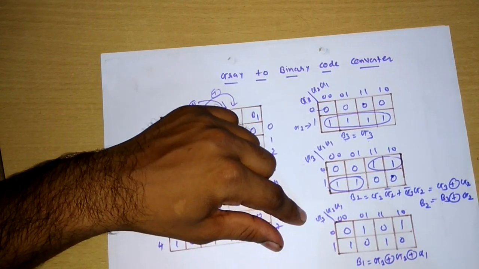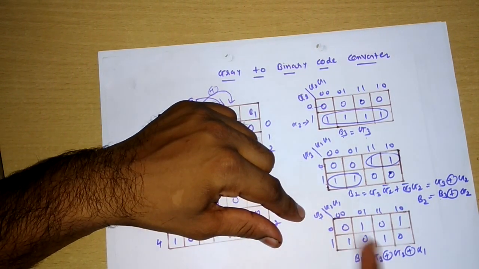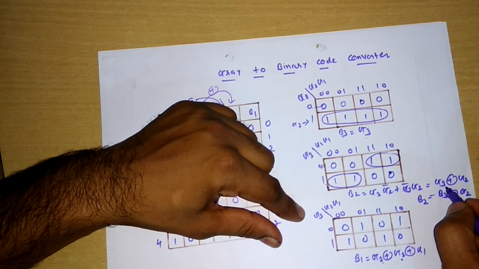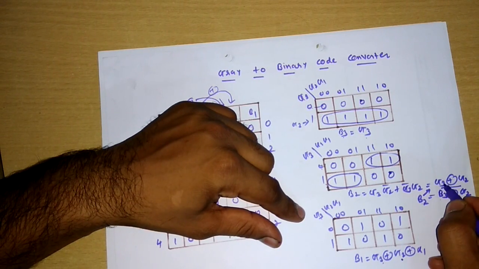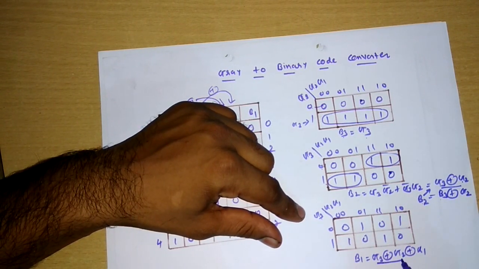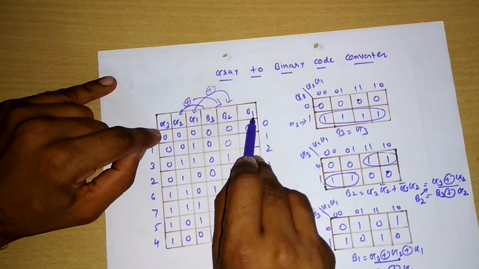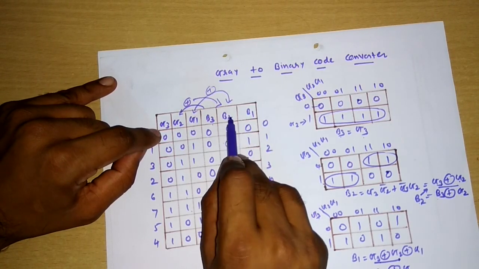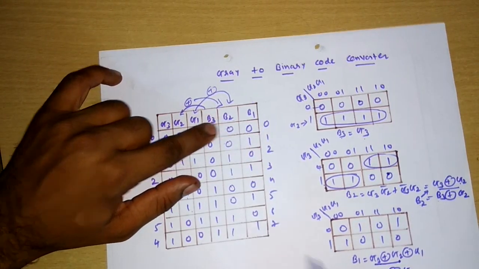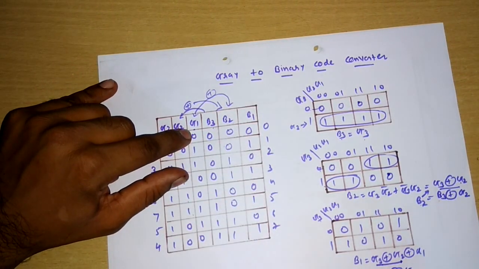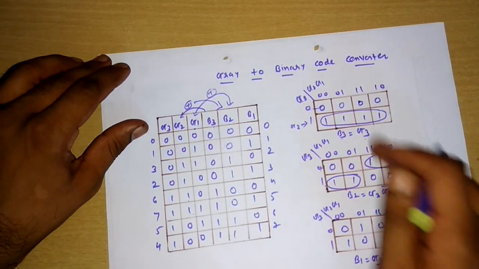So you have to remember some tricks also here. Right? The reverse of this will be the XNORing of inputs. So see, G3 XOR with G2. If you check here, it is nothing but B2. B2 also has the equation G3 XOR G2. So can we replace this with B2? And next is G1. So it also follows our logic that B1 is nothing but the XORing of the previous output, which is B2, and the next input, which is G1. Okay, so this is how to get the equations.